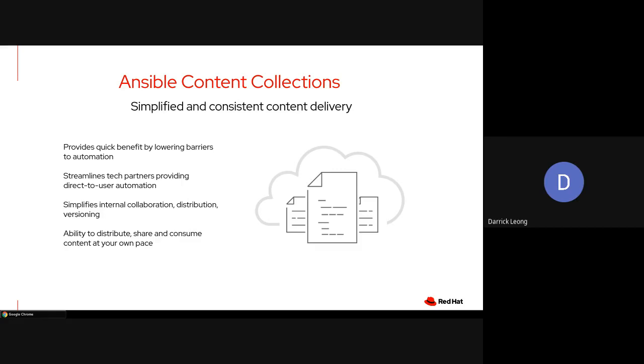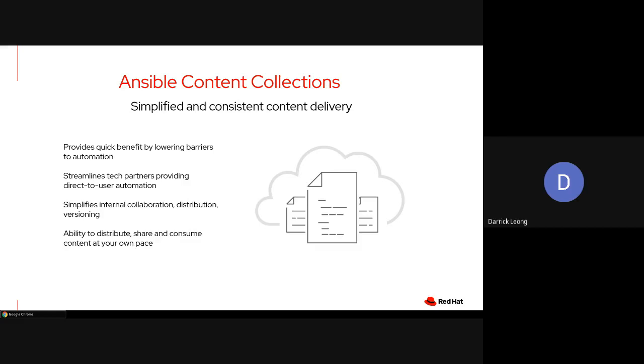Content Collections allows you to access certified content that is being pushed by the different third-party tools that are out there today. It could be, for example, Cisco. It could be from NetApp, right? So this allows you to filter a lot of the modules that you want to use.